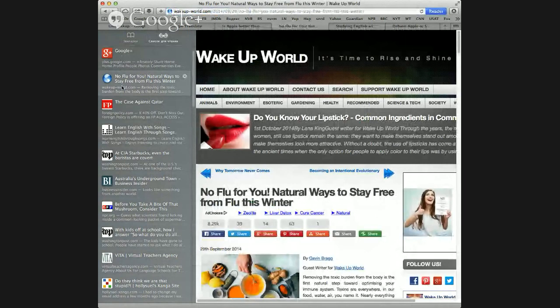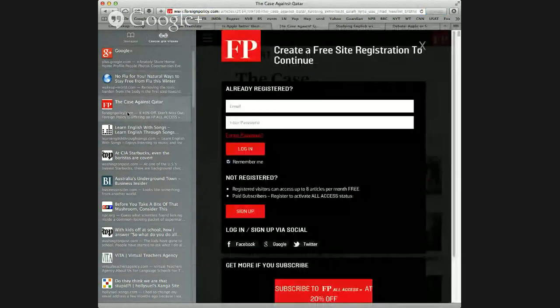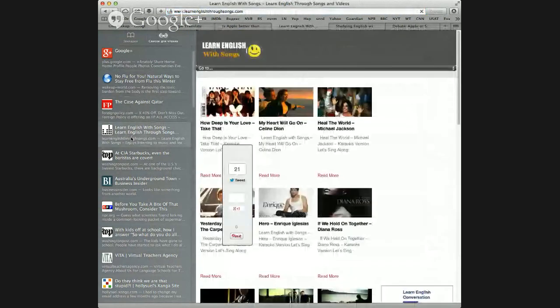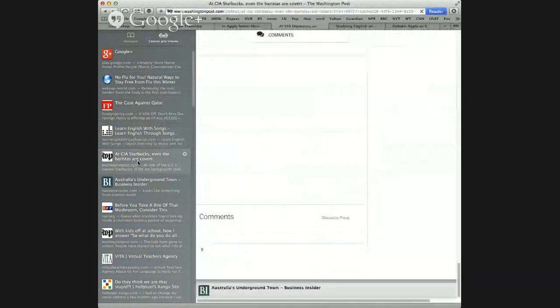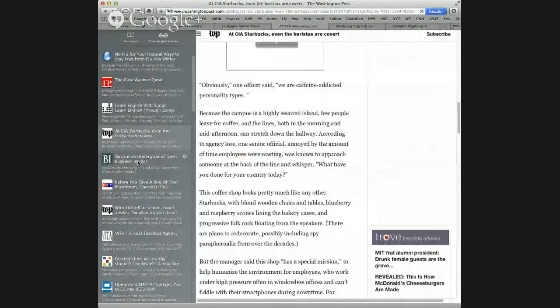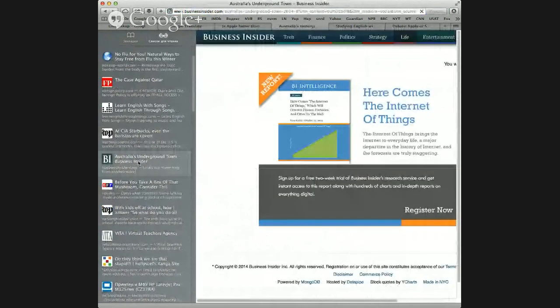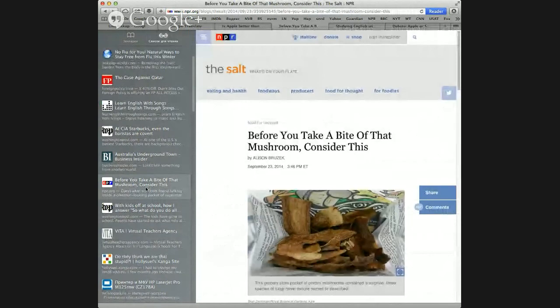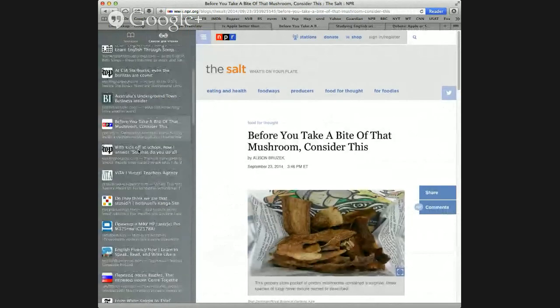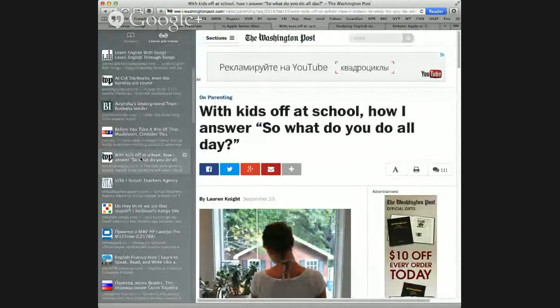Somebody shared this on Facebook, and this article, learn English with songs, about CIA, Starbucks, also about the Australian underground town, about mushrooms, etc. So you have a lot of different things that you're interested in reading about.